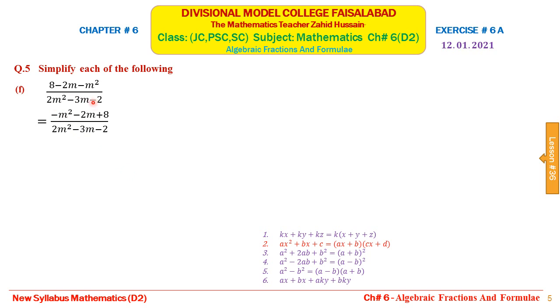Multiply minus 1 with plus 8, you will get minus 8. Multiply 2 with minus 2, you will get minus 4. Now two factors of minus 8 are plus 2 and minus 4. When you multiply plus 2 with minus 4, you will get minus 8, and when you add plus 2 and minus 4, you will get minus 2. Similarly, in the denominator, when you add minus 4 plus 1, you will get minus 3, and when you multiply minus 4 with plus 1, you will get minus 4, because the number is 2 multiplied by minus 2.